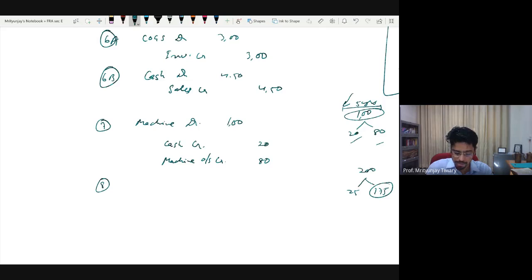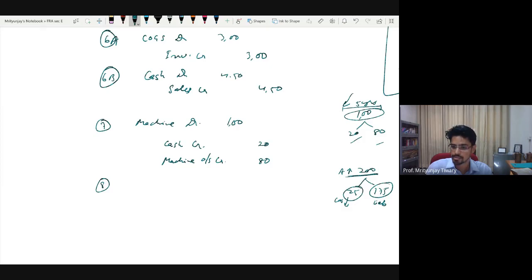So I'm assuming a new transaction wherein you have purchased inventory worth 2 crore rupees, of which you haven't paid everything. You have just paid 25 lakh rupees. So how would you enter this into this journal entry? So there is one asset increase, inventory increase. This one is cash reduction, asset reduction, and this one is a liability.